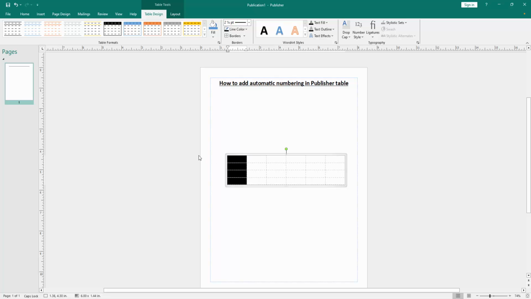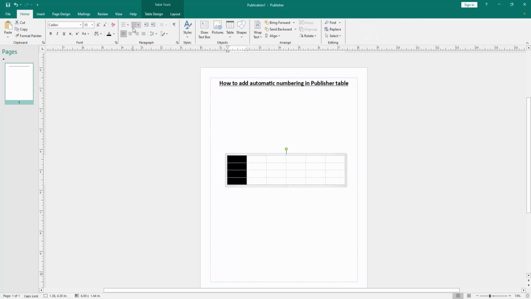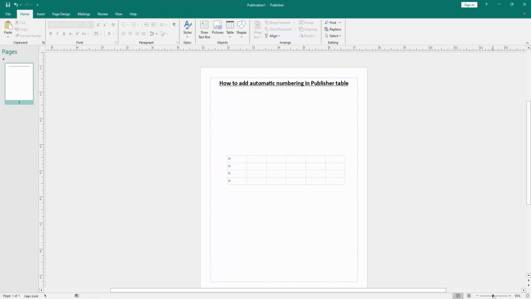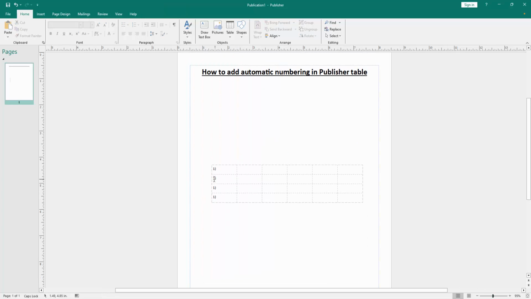Select a column, click and drag with our mouse, then go back to the Home menu and we can see the numbering option. Then click it and choose any numbering. Now I select this. Then zoom in on this document and we can see we added automatic numbering to this Publisher table